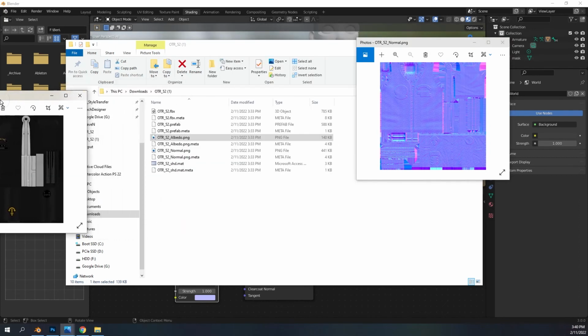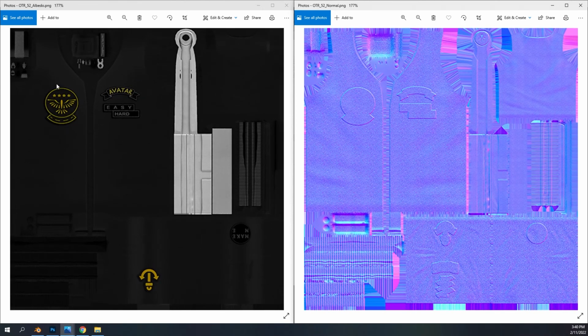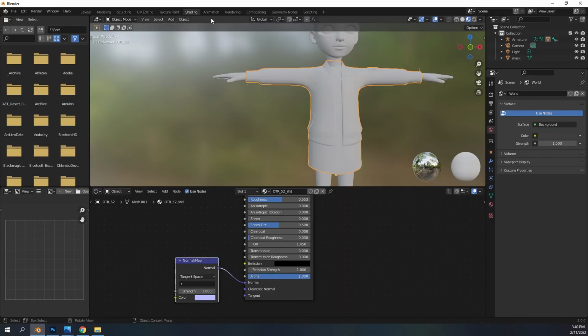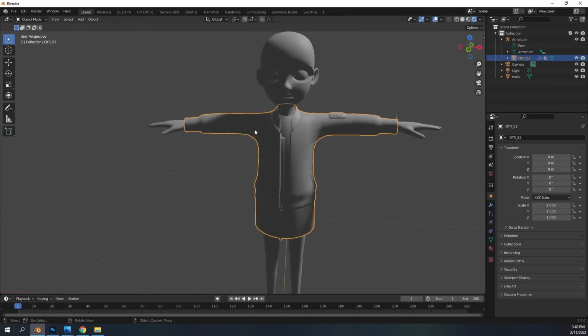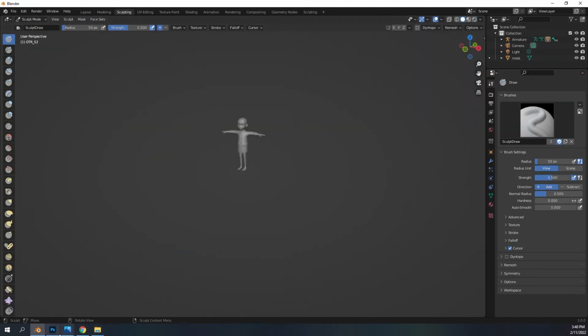As you can see, if I make these larger, this is a reflection of this. For example, we want this patch to stick out like a patch would in real life and have lighting effects, but we don't actually want to add that to the geometry. So what the creator of this jacket has done is, instead of adding points to the geometry, which would be costly and inefficient if you want to edit it later, what they did instead is in the normal map,